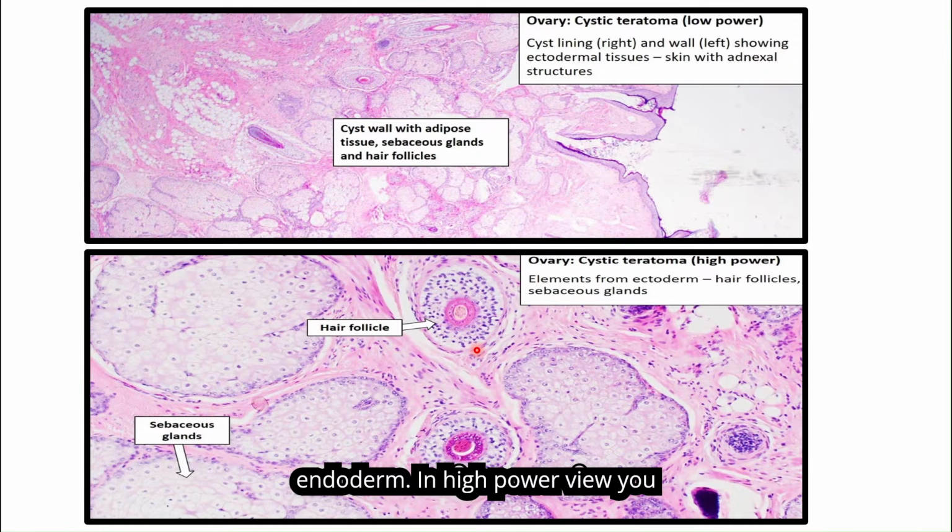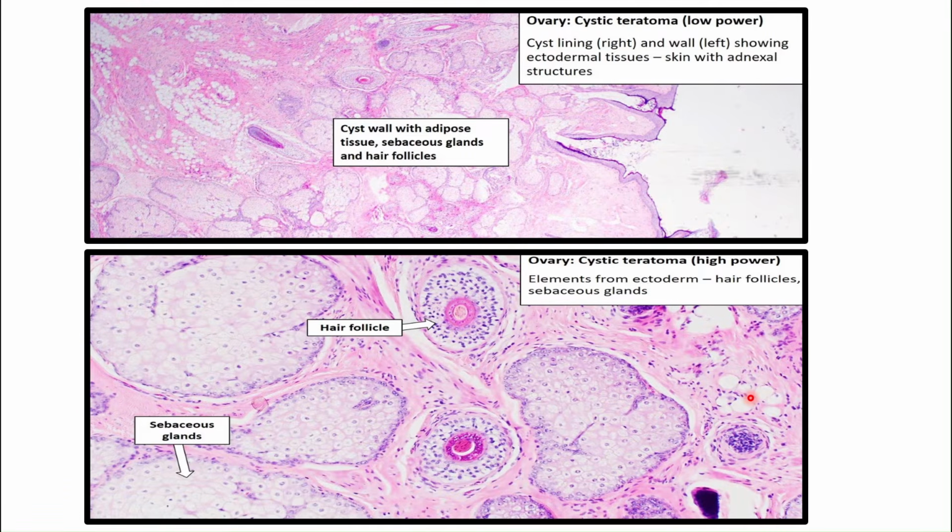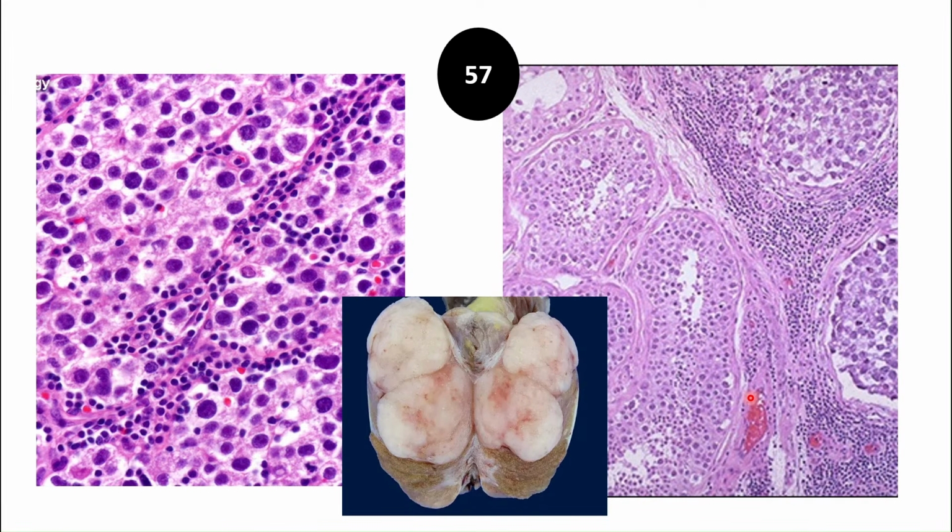In high power view, you can easily appreciate hair follicles, sebaceous gland, some adipose tissue along with cartilage, and sometimes you can find brain tissue along with the GI mucosa also. Next specimen is of testis. You can appreciate normal parenchyma but large nodular mass, homogeneous grey pink in color,